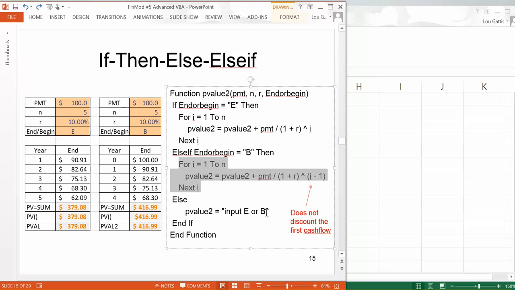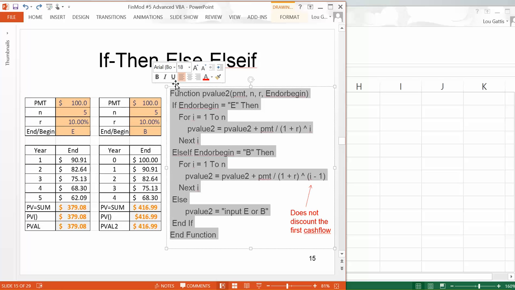Now what that'll do is if someone wrote Z in here as an input, or maybe even the word end and not the letter E, what the function will return is just a text that says enter E or B. So I believe it's good programming to never end an else if statement assuming that the user input the correct parameter. Because in this case, if they did not put in an E or B, you're telling them enter in an E or B. So I can take this program